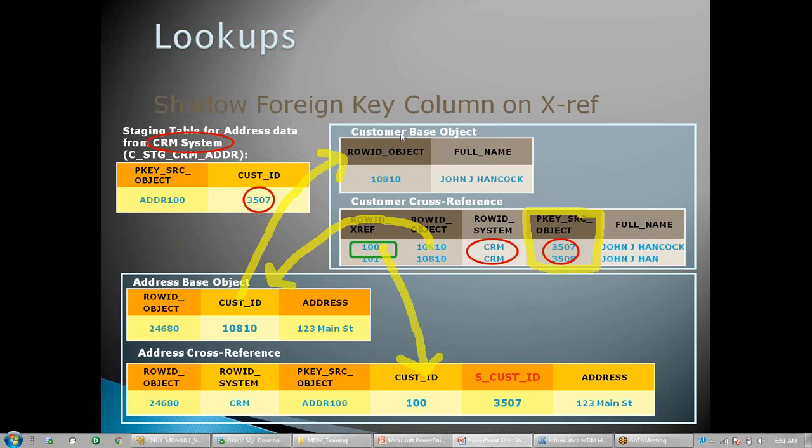That's why it is under a particular base object. So that will make it clear that this is customer, and under that I have a row ID object, and here we have address under which we have a row ID object. And for the naming convention here, like customer ID, usually we give the naming convention like we had given yesterday, customer row ID or row ID customer. This is just to tell that this is a foreign key column of which table. So by looking at the column name, you can easily identify that customer ID means it's a foreign key column of the customer table.